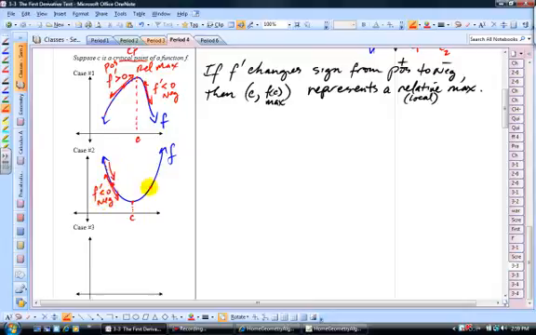And then to the right of C, the slope of the tangent line is positive, so we say F prime is positive there. And we also have a change in sign, but this time to the left of C, as we approach C, the slope of the tangent line is negative, and then it changes to positive. So it must be decreasing on the left side and increasing on the right side. And so in this case, if F prime changes sign from negative to positive,